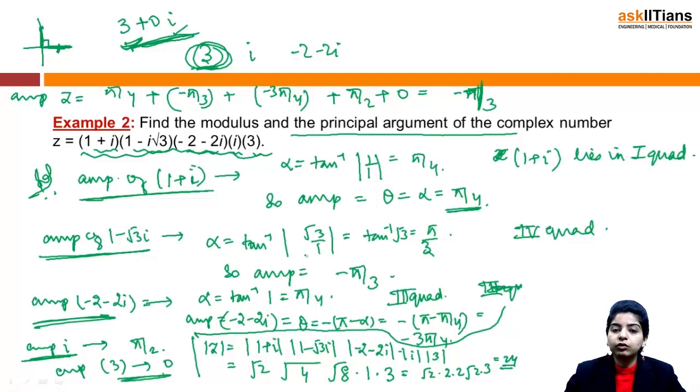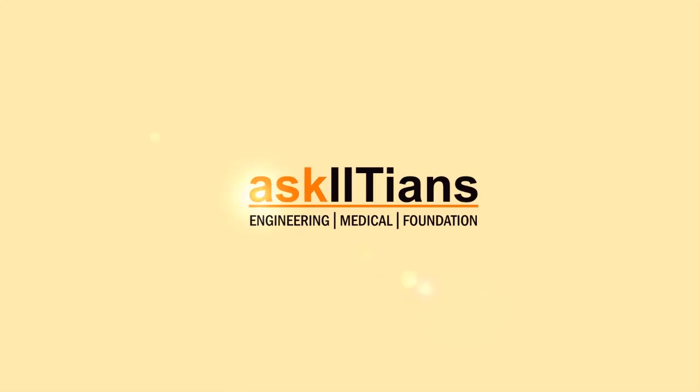So see, this question was also quite simple. We have just utilized the property of modulus and arguments, that whenever you have a complex number as a product of some individual complex numbers, in order to find the amplitude, you can find the individual amplitudes and finally sum them up. And similarly, in case of modulus, you can just multiply the individual moduli. Well, I hope you have understood the properties of conjugate, modulus and argument. And again I am repeating, these concepts are extremely important from the examination point of view.